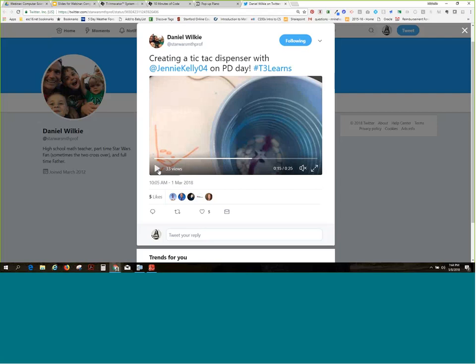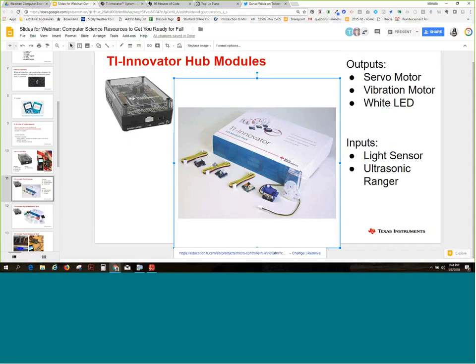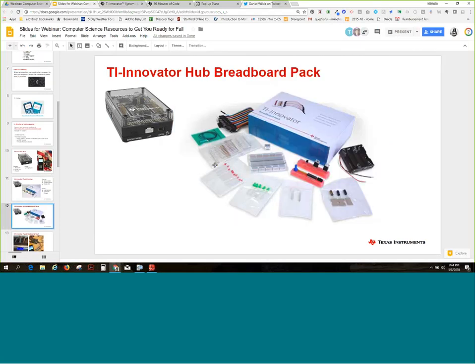Also, let me show you a couple others that I've got loading up, as well as the breadboard pack. This is something that was really new to Tony and me before we started doing this work about a year ago. The breadboard pack allows students to explore introductory electronics and how we can code circuit components. Sounds crazy, but many of these ideas are absolutely accessible to learners and